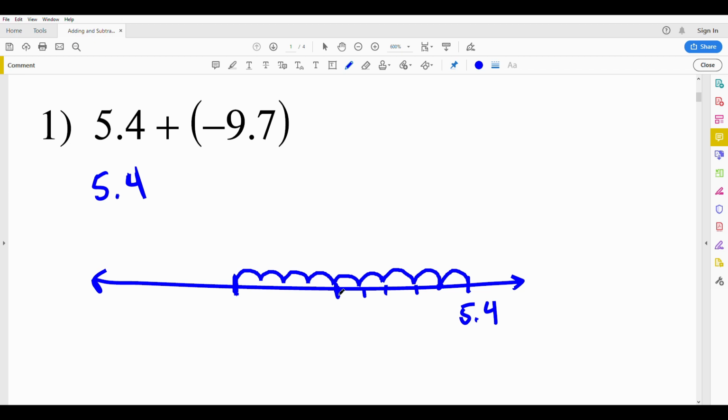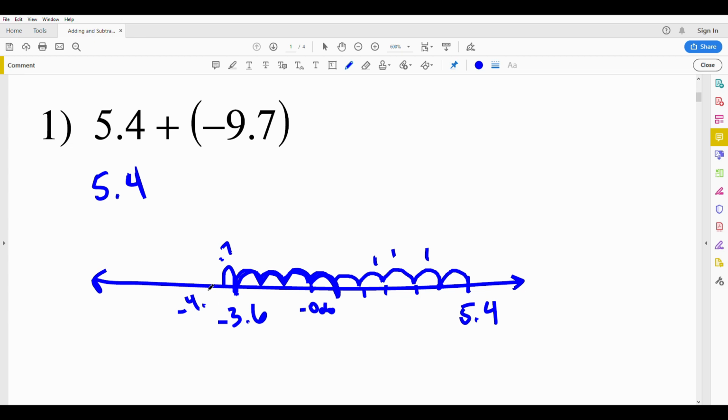But then at 0.4, continuing to move over 1, 0.4 minus 1 would be negative 0.6. So now we're at negative 0.6, negative 1.6, negative 2.6, negative 3.6, taking away a whole number 9, and 0.7 more, where I'll draw 0.7 more, representing that this is 0.7 and all these are 1s. That would get us to a negative